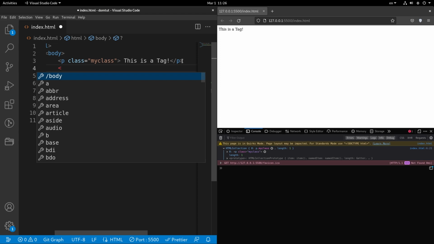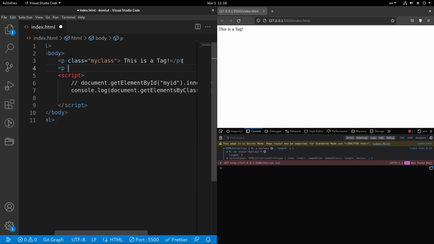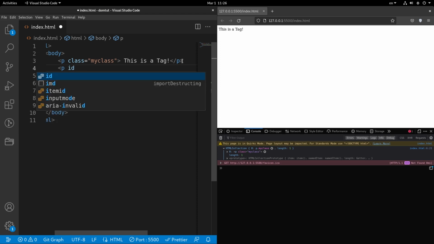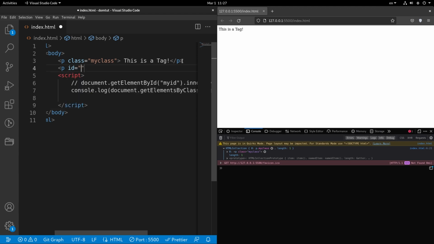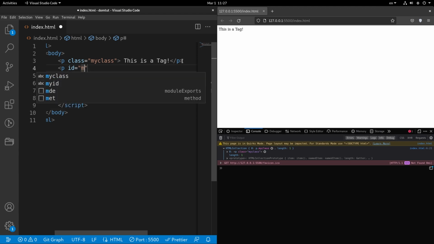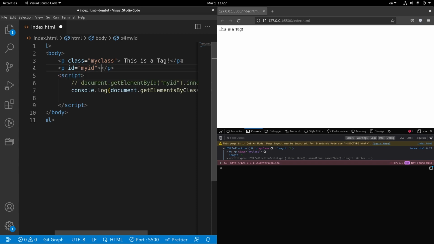So here I'm gonna write this one, this p tag, and then I'm going to use ID, and then I'm gonna call this my ID, and then I'm gonna close the p tag. But this one has nothing inside of this. So here we can change this to hello world,